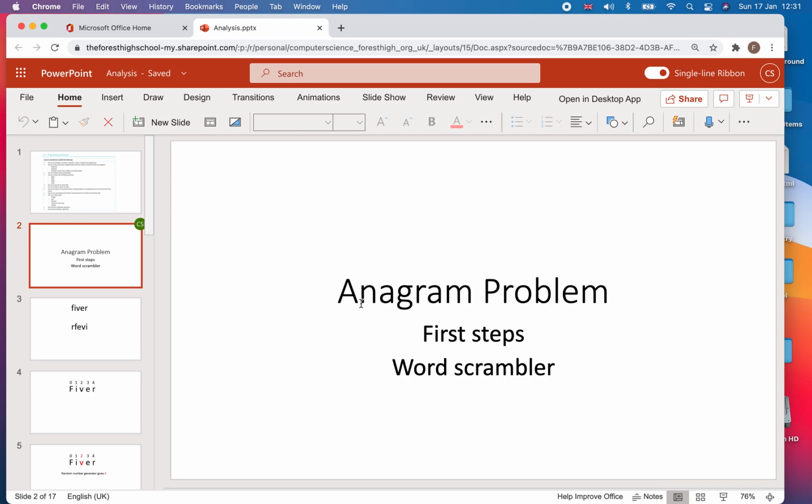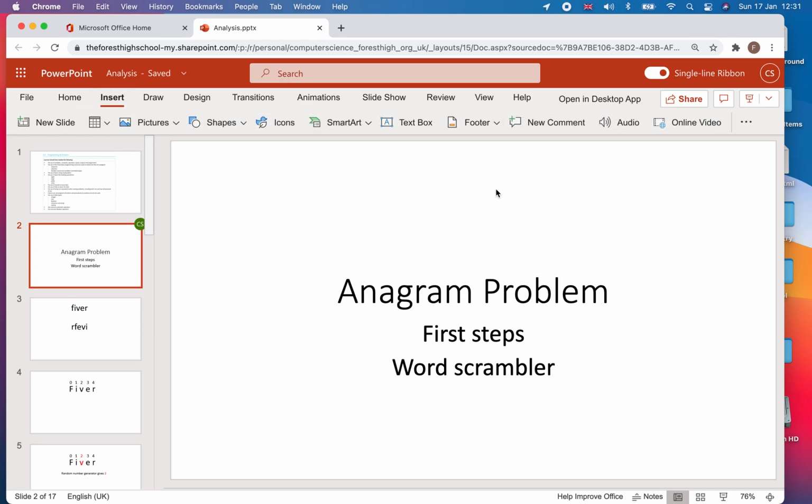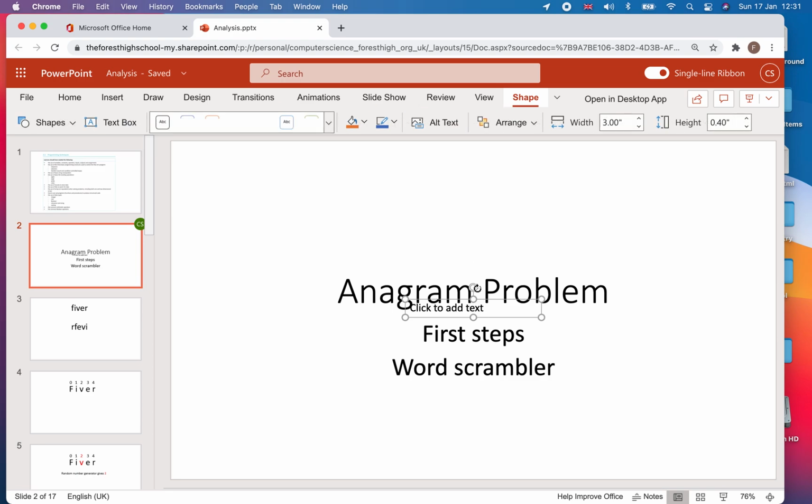Actually, it's not an anagram. Normally an anagram is a bunch of words. Let me just show you. Let's put a text box in. For example, if I've got the word live, L-I-V-E, then an anagram of live would be evil, using the same letters but compiled